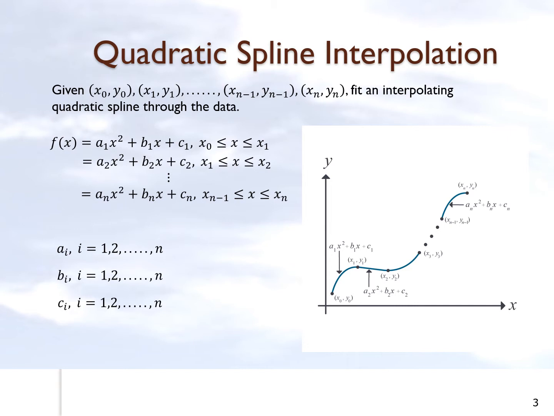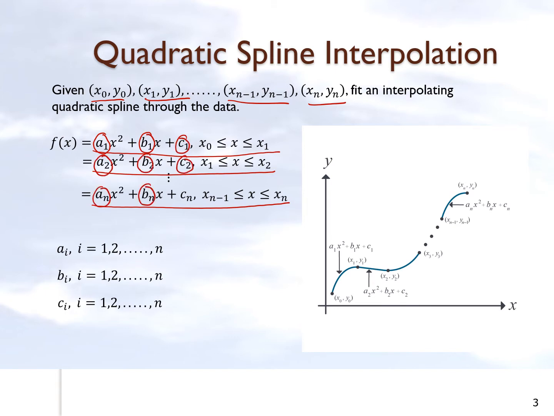Here what we have is that we are given n plus 1 data points. And what we are doing is that we are making quadratics go through two consecutive data points. And the bottom line in quadratic spline interpolation becomes, can we find the coefficients of these quadratics? So if we have n plus 1 data points, we are going to have n such quadratics, and in each quadratic we're going to have these unknowns, and hence it becomes a problem of having 3n unknowns and wanting to find 3n equations so that we can solve them simultaneously.